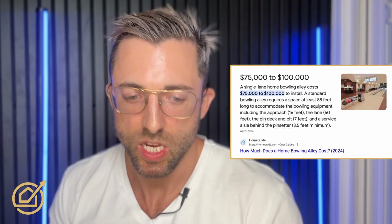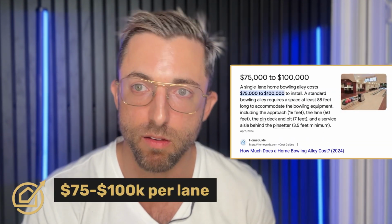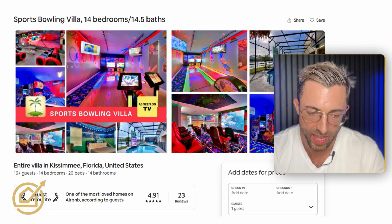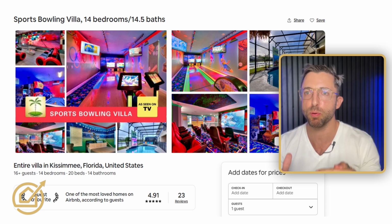How this is going to work is I'm going to estimate the cost, and then we're going to look at before and after revenue, maybe occupancy, maybe nightly rates, and decide what the cost versus the revenue, what's the ROI, and was it worth it? According to my research, it is going to cost between $75,000 and $100,000 per lane for a bowling alley. This Airbnb has 2 lanes, so we're going to estimate it on the lower end of this budget because this is not a professional bowling alley. So that's going to be